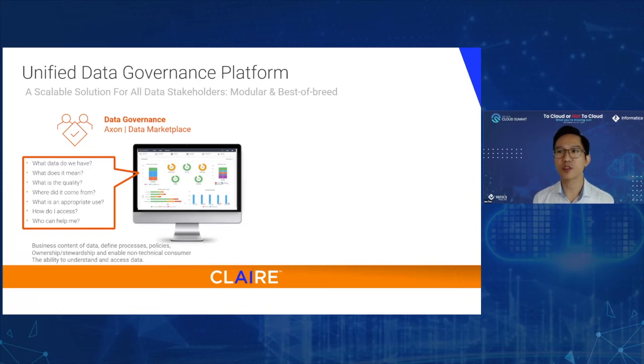So, a brief introduction to address these various challenges, or two of these major challenges I've just talked about. The Unified Data Governance Platform from Informatica actually has four major components. The first one here is really the central hub, our data governance workbench that we call Exxon. Right? It is designed to be user-friendly, business-friendly, and present just the right amount of information, but actually powered by